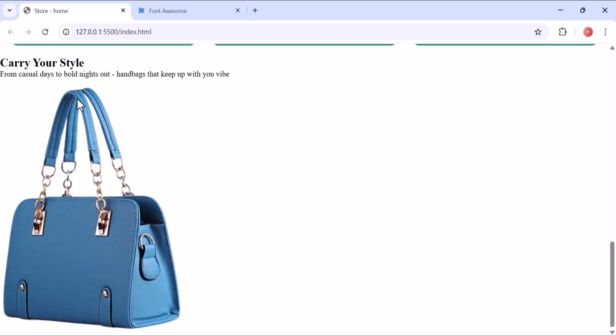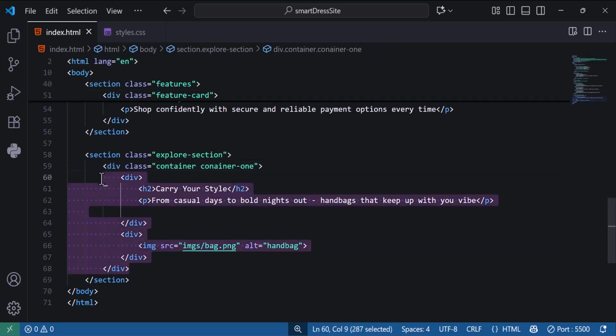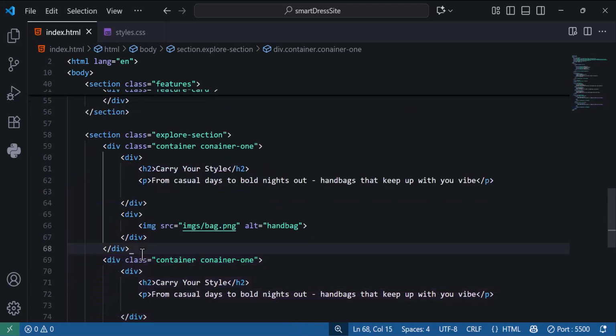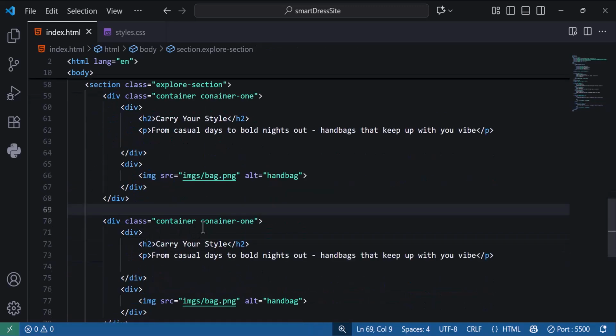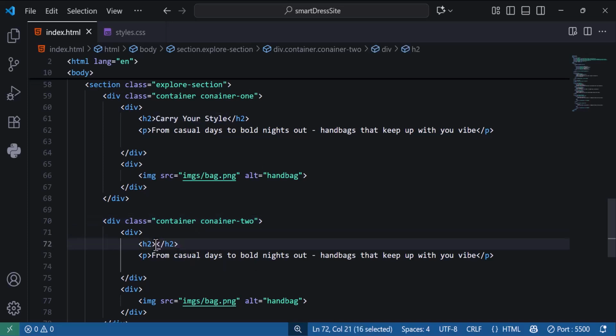So you can see carry your style from casual to bold nights out. Yeah, so what we can do is duplicate it. Let's duplicate this div. Shift Alt down arrow, and you will duplicate it like that. And I'm going to change this to container 2 like that, and I'm going to change the h2,